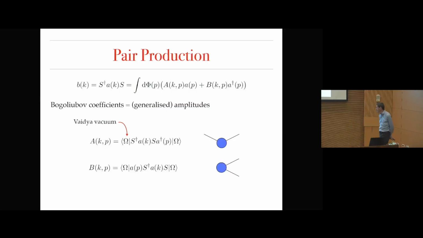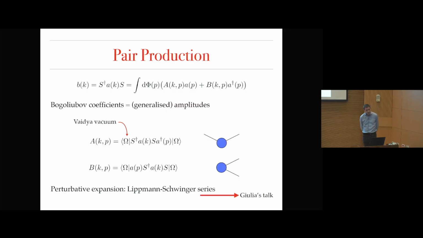It's the same for the B. Well, the same story, a little bit different. They're essentially crossings of one another. Take this A dagger and shove it over to the other side. That's the B. So indeed, there's some crossing relationship between the A and the B. So that justifies the analytic continuation I was talking about before.